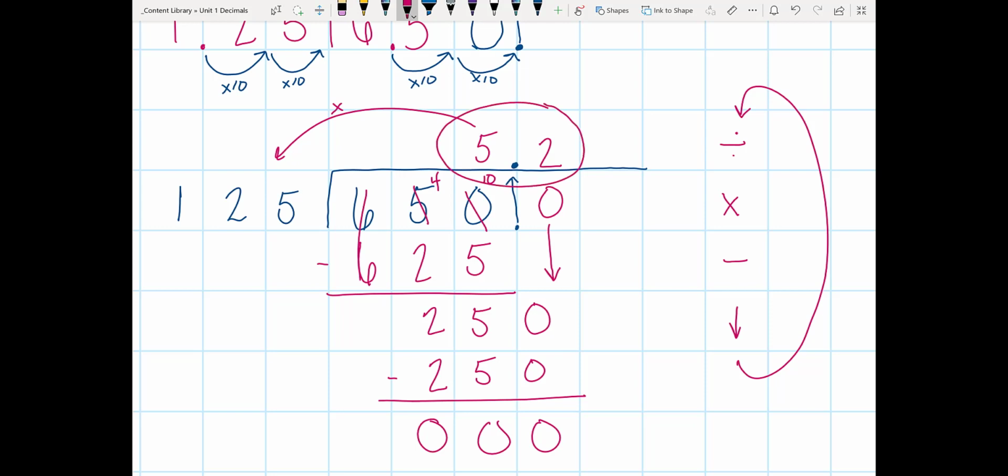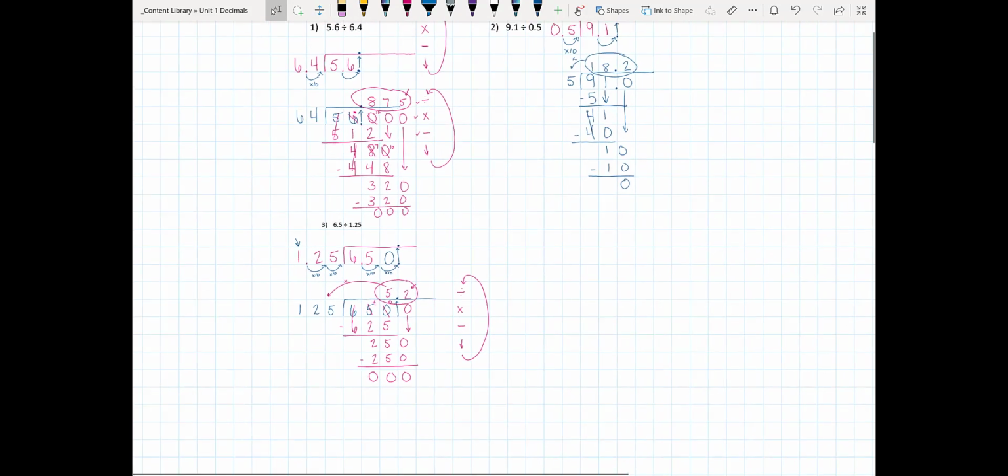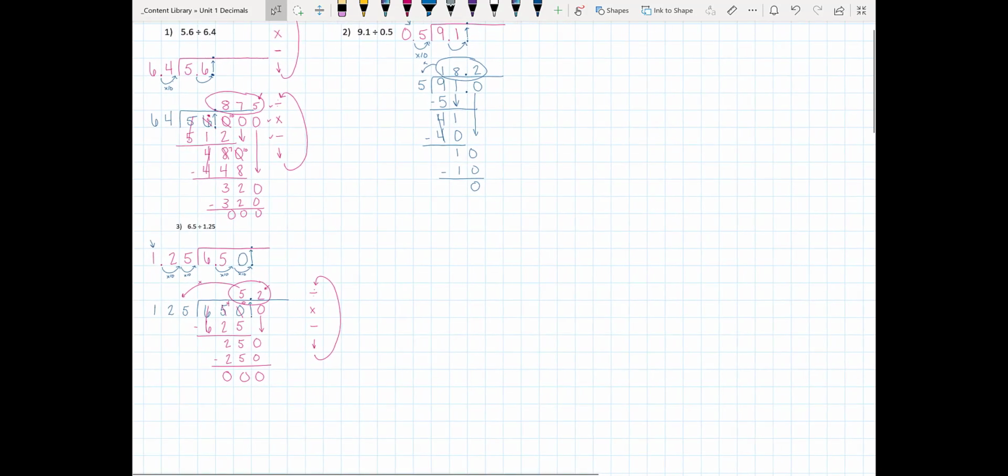When we say this answer, we would say 5 and 2/10 because the last digit is in the 10th place. And that is how you use long division to divide with decimals. Again, if it feels